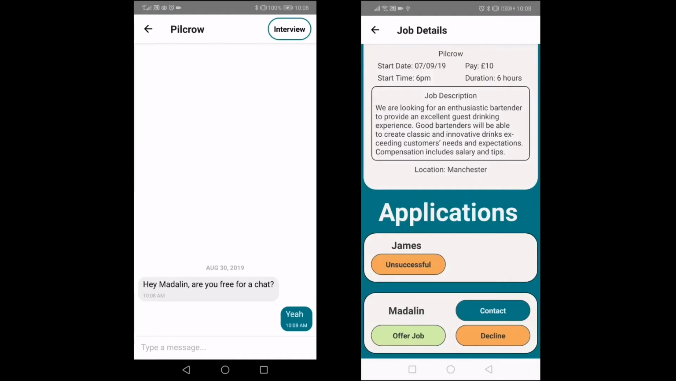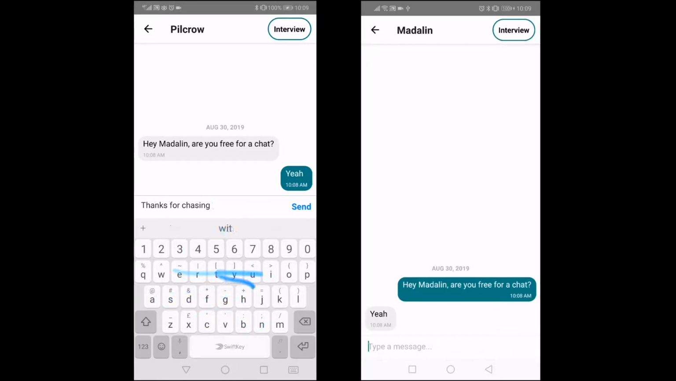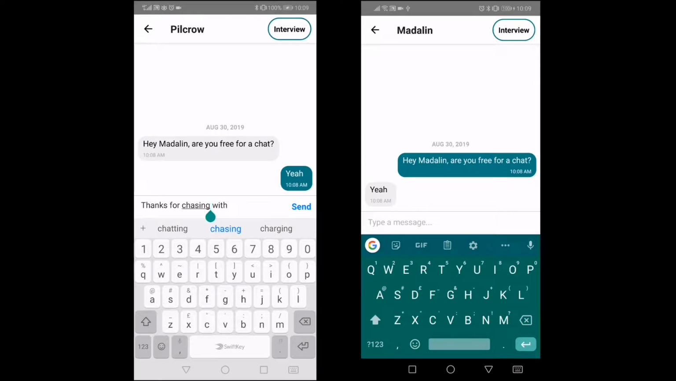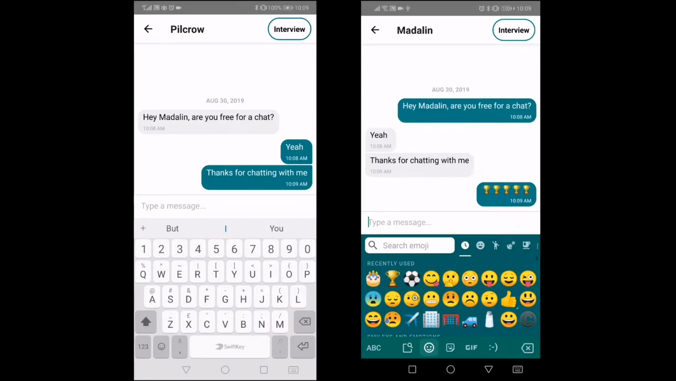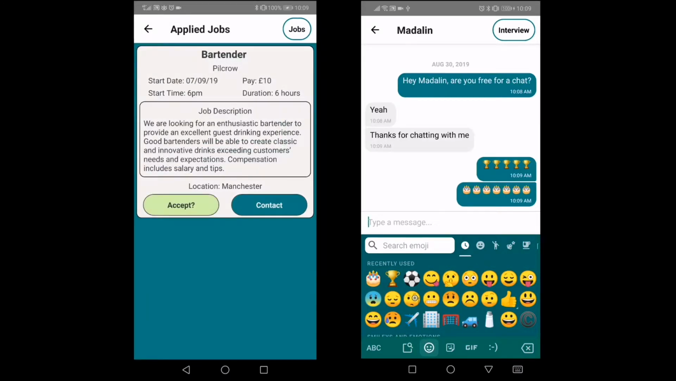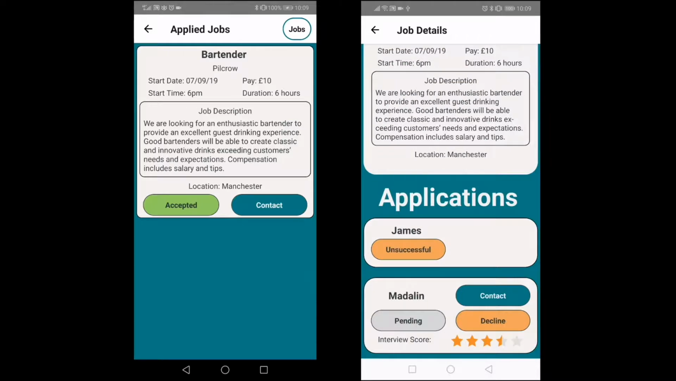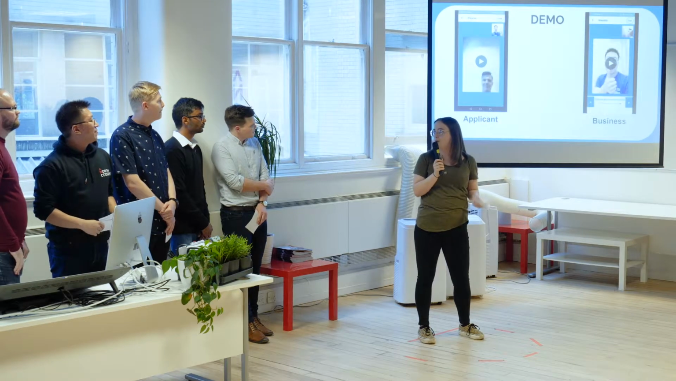Okay, so back to the chat, and then back to the applicant list. You can see there's an interview score, and that's when the business can choose to either decline or offer the job. Back on the applicant side, when he gets round to it, we'll go back, view the application that he made, and he can click Accepted. Once it's accepted, it updates on the business side, and both sides know then that is confirmed and what's going